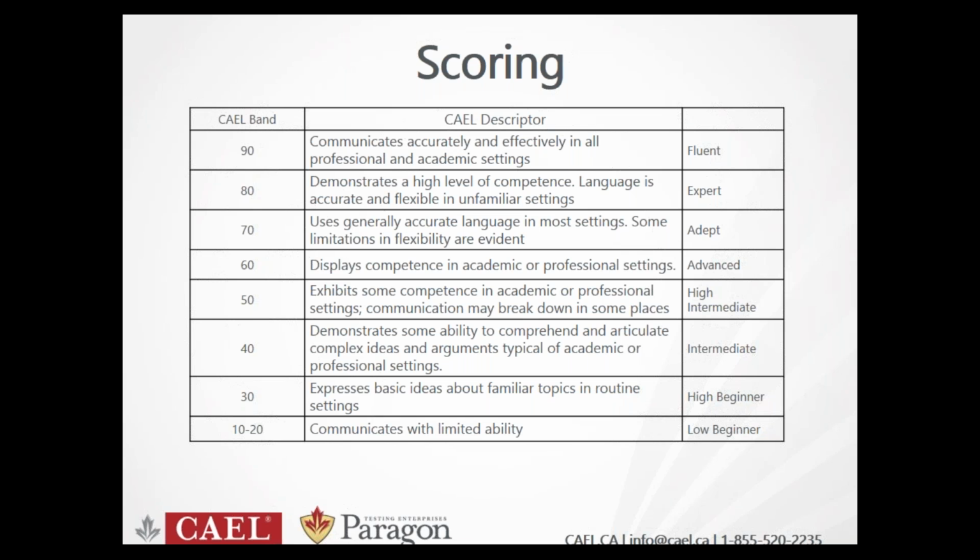So keep in mind that we do not actually set a pass or fail. What happens is that you're applying to a different institution, let's say the ICCRC, for example, to become an immigration consultant, or let's say you're applying to the University of British Columbia. So they'll have a minimum score requirement that you need to meet for your type of application. So you always want to check with the institution that you're applying to see what their minimum score requirements are, to see if you've gotten the result that you need.